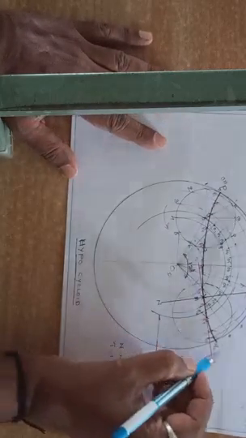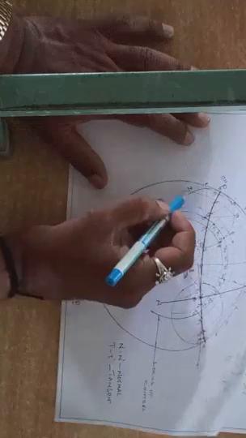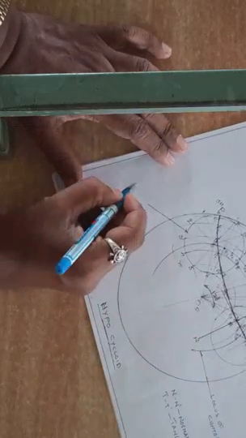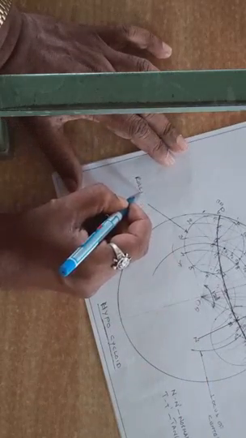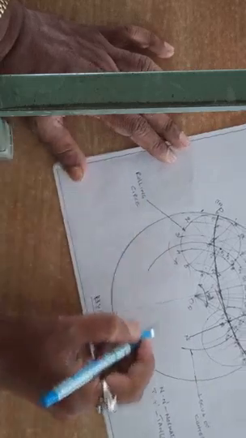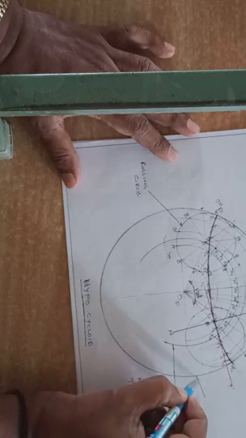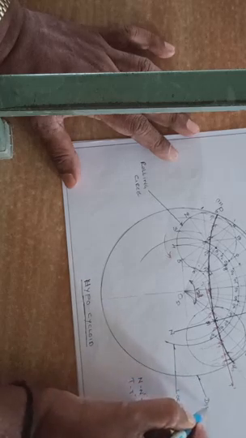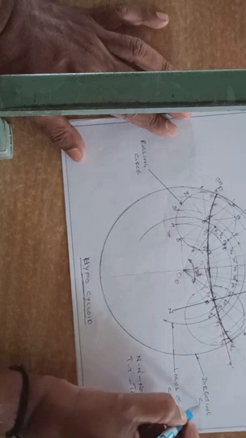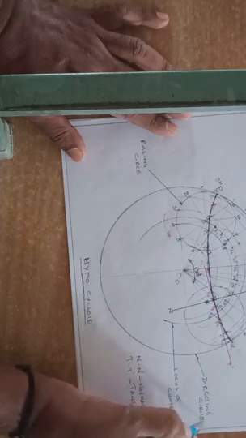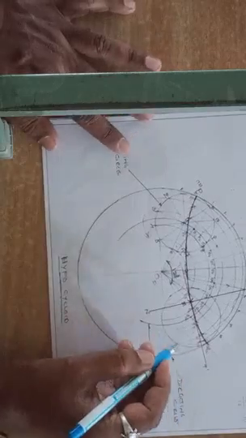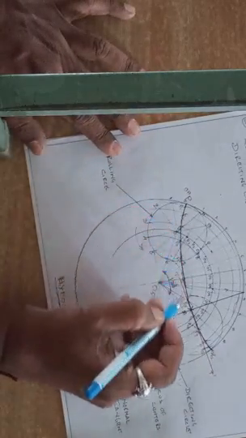Here if you want, you can show this as the rolling circle. And here you can show it as the directing circle. So if you write all these details, then they can easily award 14 marks. In the exam, this problem carries 14 marks.